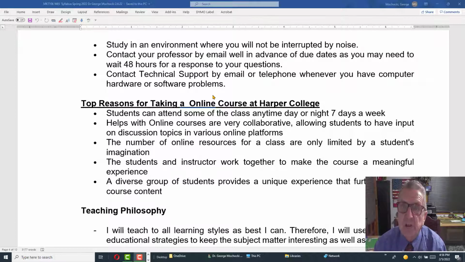One thing to remember, to transfer a class over, you have to get at least a C minimum. With a D, you can still get your certificate or degree here at Harper College, but it's not transferable. So at least try for that C. But I would expect most students in my class, and I'm trying to give you a positive outlook, you do the homework, you do everything else, you should pull out a B or an A out of this class.